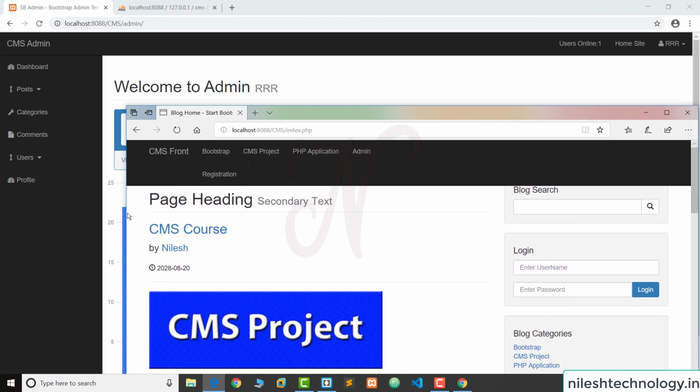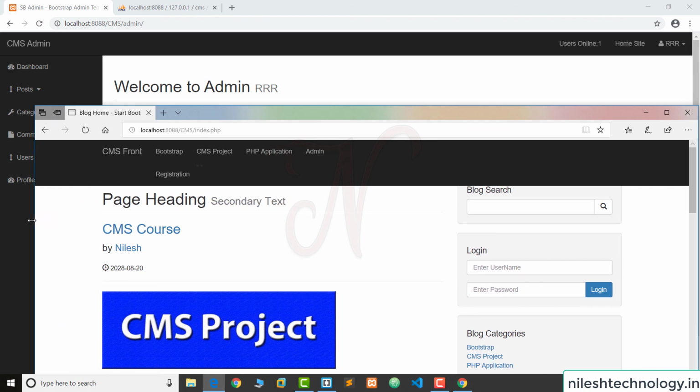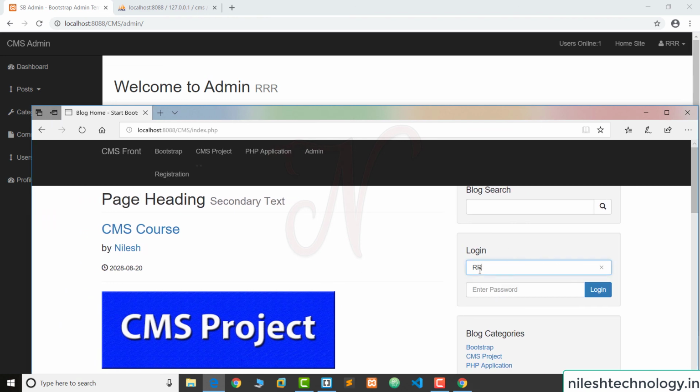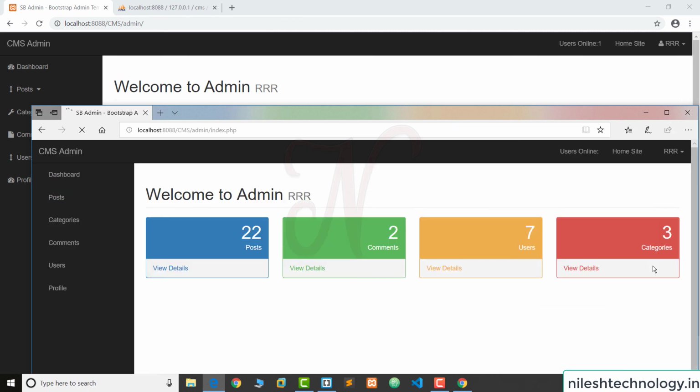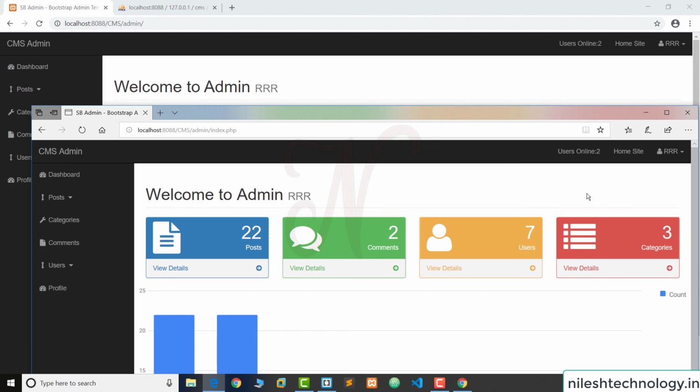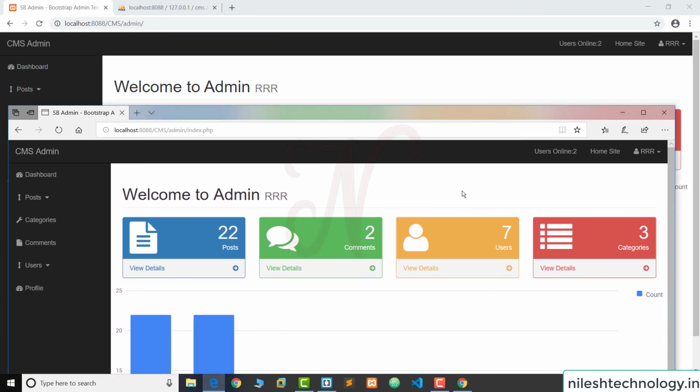Okay, so see, simultaneously two browsers, the background browser plus this Internet Explorer. Okay, now here we again log in the user. RRRABCD, this is my password. Login. See, these are the two users, and see in the backend in this Google Chrome, users online equal to 2. Okay, again if this browser is inactive, we close this browser.